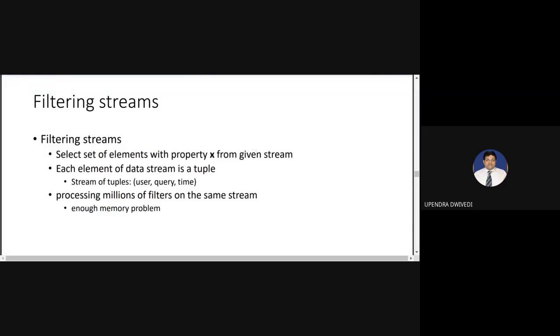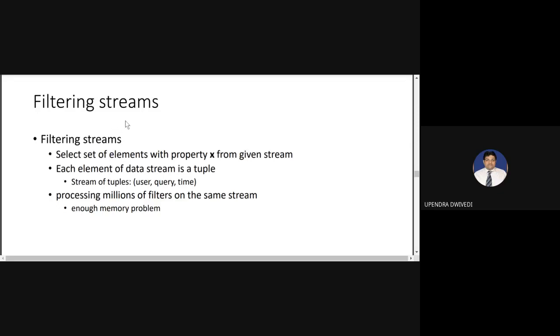In the last session, we discussed the data stream, how to take a sample from a data stream. There are various approaches available for taking a sample of the data stream. Now, in this session, we'll discuss filtering streams. A few parts of filtering streams we have already covered, but we'll take a brief summary in this session, and then continue with filtering streams.